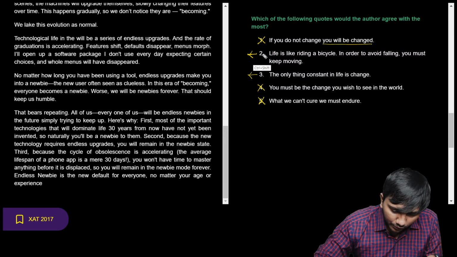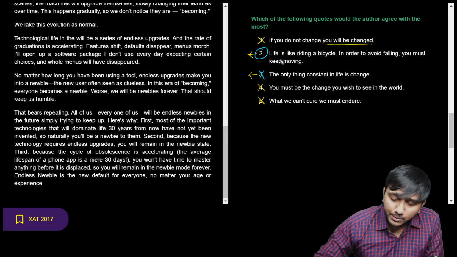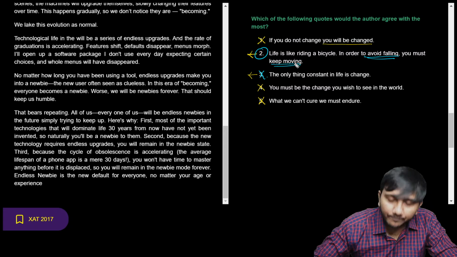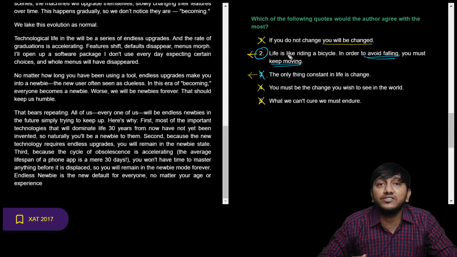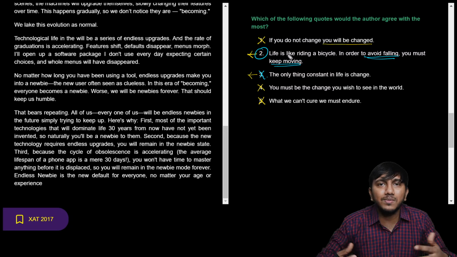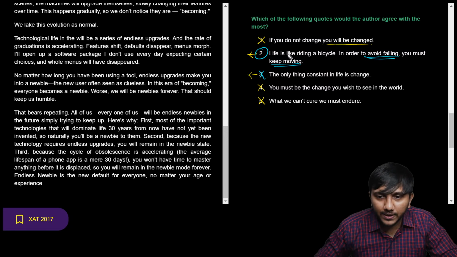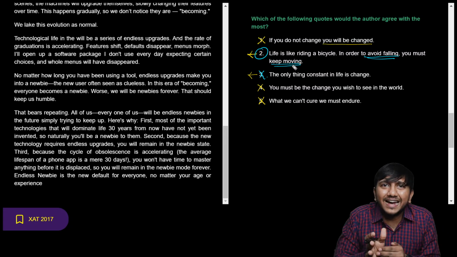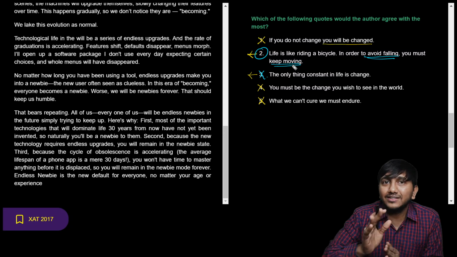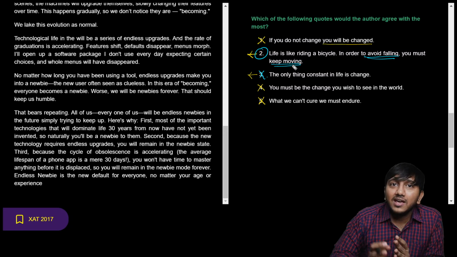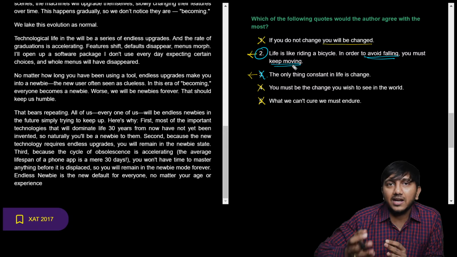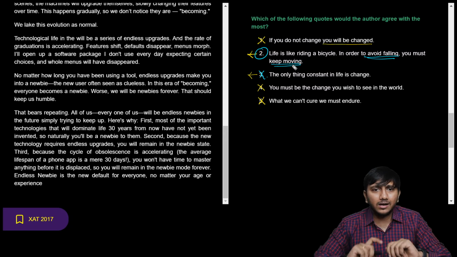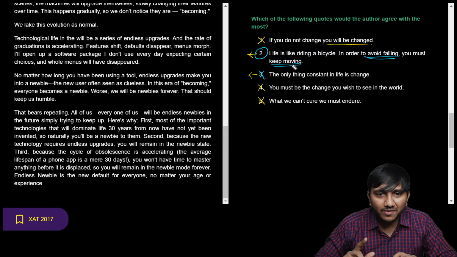So that way, if you see, the best answer is 2 and not 3, because that says life is like riding a bicycle. In order to avoid falling, you must keep moving. So you must keep changing yourself because things around you are going to change. So you got to upgrade things to make sure you keep up with the change. Okay. So 2 and 3 are very close, but 2 is a better answer because 3 stops at things are going to change. But the author doesn't stop there. He tells things are going to change, hence you also have to change, upgrade, and keep up with them. So is everyone clear why we are going with option 2 and not option 3? They are definitely close. But is everyone clear now why we are going with option 2?